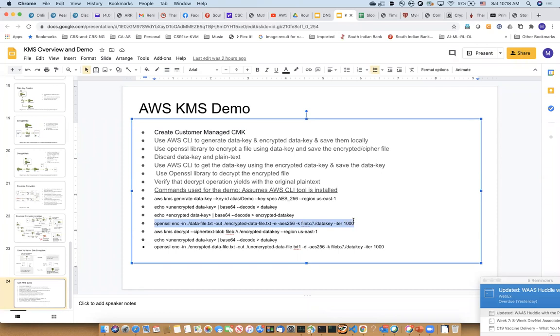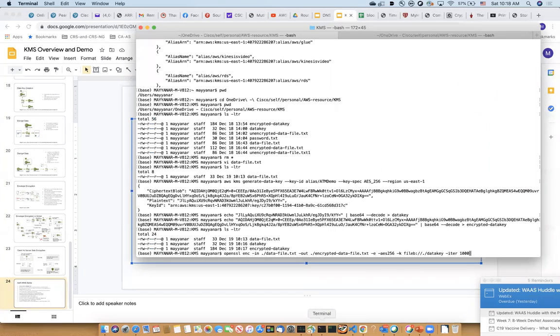So I'm just taking this command cheat sheet that I just prepared for myself. OpenSSL is a library. It's like a Swiss Army knife, right? You can use that to encrypt, decrypt. You can use that against a symmetric or an asymmetric encryption algorithm. In this case, we are going to do an encryption function using